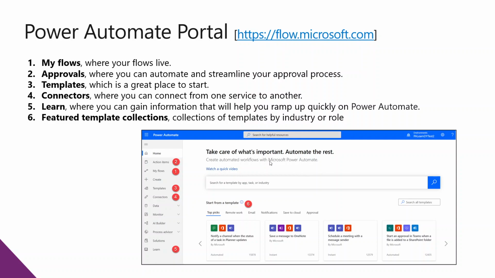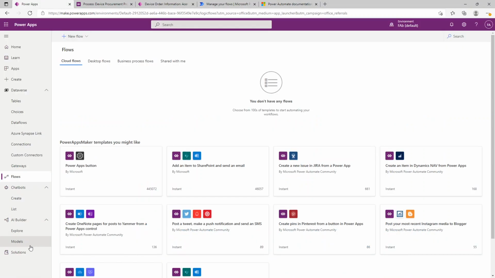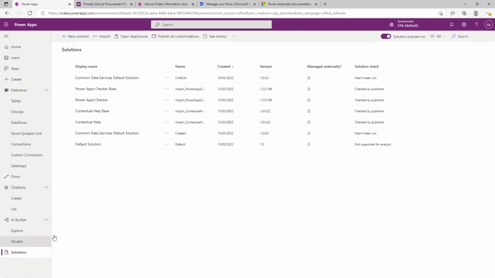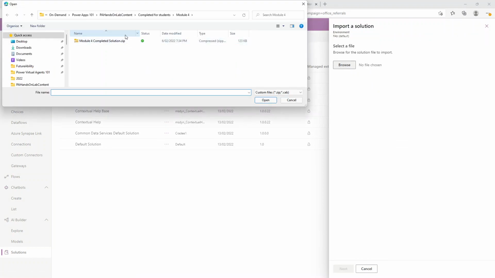So in the lab that you're going to create, I want to show you something first. I will walk you through the flow that you're going to create in a second. For me to do that, I'm going to import a solution into here. So I'm going to import the solutions. So this is if you want to cheat, right? If you want to cheat and get the solution, you can do this. You can go to Solutions, Import, and then in this